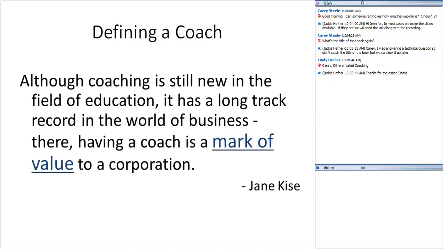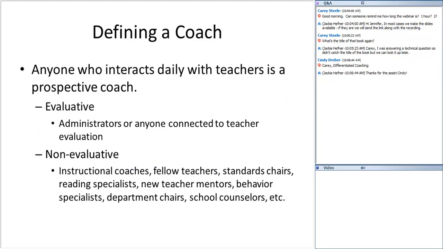So the first thing we want to do then is define a coach who can walk into the classroom and assist teachers one-on-one. I'm going to give you the biggest global definition, and then I'm going to give you some examples of who would be in each set. Anyone who interacts daily with teachers can be considered a prospective coach. So the first thing that I would do is make a list on your campus of anyone who interacts daily with teachers. Typically this is going to be your certified staff, so it would be things like counselors, school psychologists, anybody with the title of coach, obviously instructional coach, behavioral coach, but they might be called other things in your campus. But anyone who's been tasked with working one-on-one with teachers is prospective.